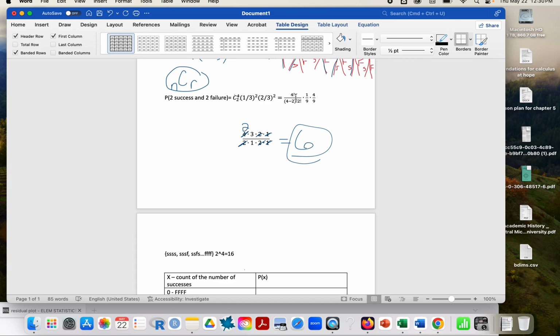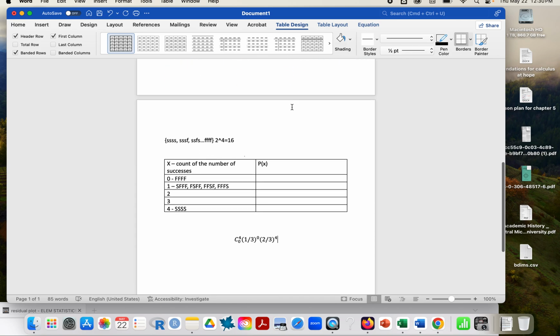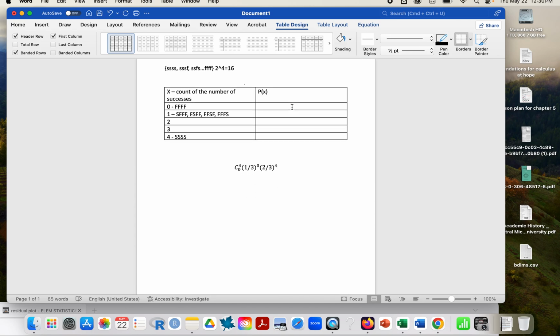So you have 4 factorial in the top, you'll have 4 factorial in the bottom, and 4 divided by 4 is 1, 3 divided by 3 is 1, and so forth. So really all you have here is 2/3 raised to the 4th power. So 2/3 multiplied by 2/3, 2/3 times 2/3, which is equal to,